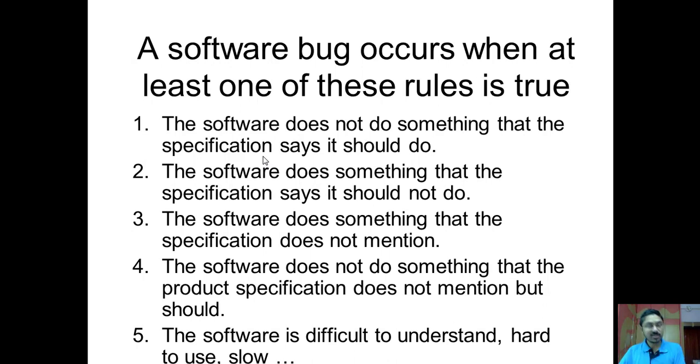In the specification it was mentioned that OTP should be sent, but our software doesn't send OTP. That is a bug. Then the second part: the software does something that the specification says it should not do. In the specification it was clearly mentioned that OTP should be sent only through SMS.